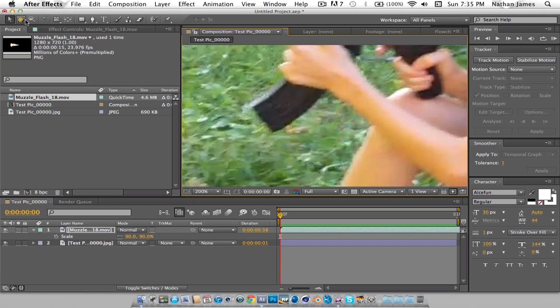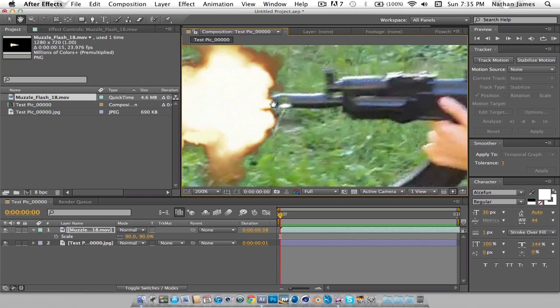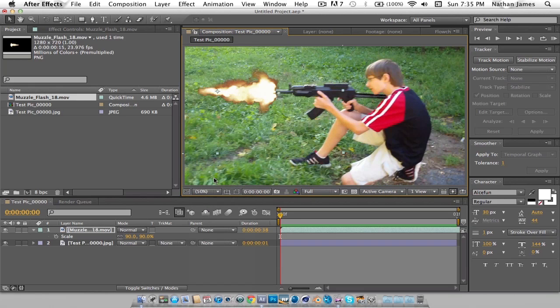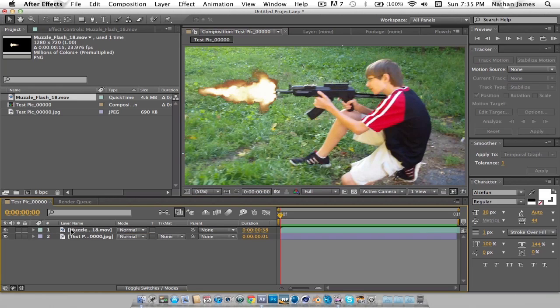If you have to zoom in at all, feel free. This little spot right here is where I'm going to line up right with the gun. So I'm going to line that up right in the edge, kind of overlap it a teeny bit. And as you can see, that looks very fake, so we're going to add some color correction to the muzzle